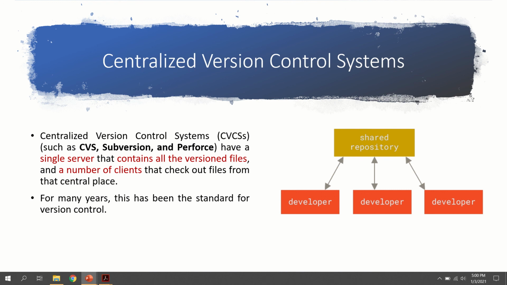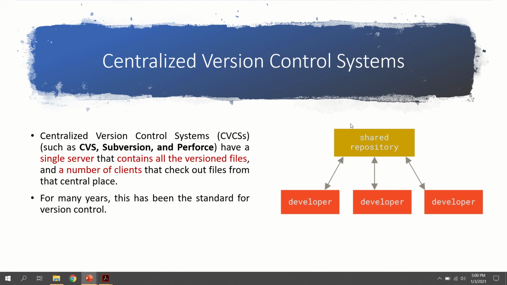There will be one server system, or a main system, which will act as the version control system. Here are all the versions from different persons. We can see there are a lot of developers. This is the first developer, this is the second developer, this is the third developer. Each of them may be working on different files. Each version of each developer's file will be stored in this shared repository.